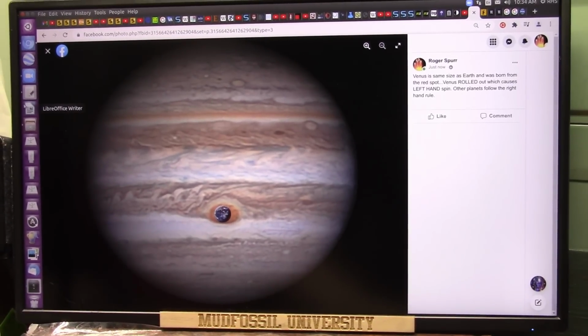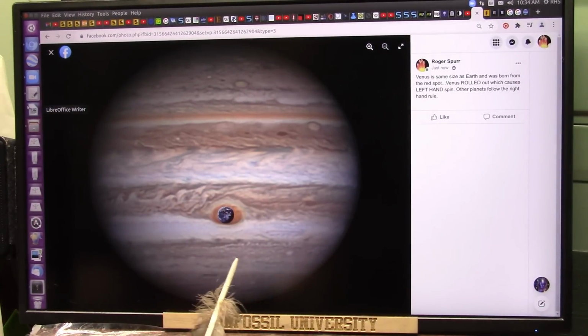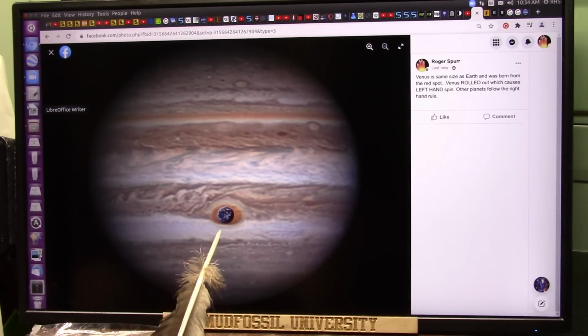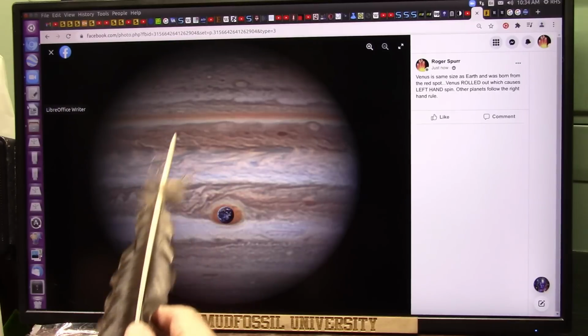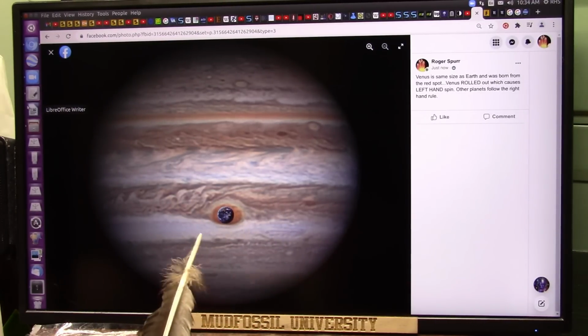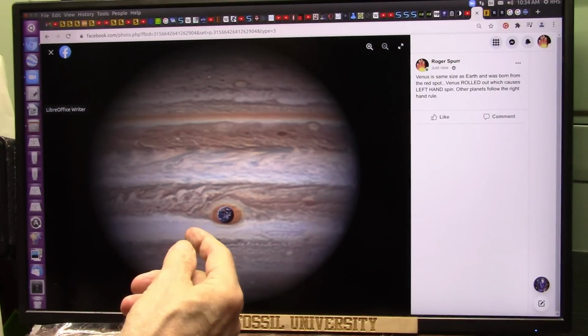Okay, big deal going on about the Webb Space Telescope and how they can see Jupiter with infrared. Interesting. However, this is the Earth. The size of the Earth is approximately the size of Venus, which was said to have erupted from Jupiter from the Great Red Spot, which I have determined is a great vagina. Now that is exactly the right size, and it spins backwards, which means